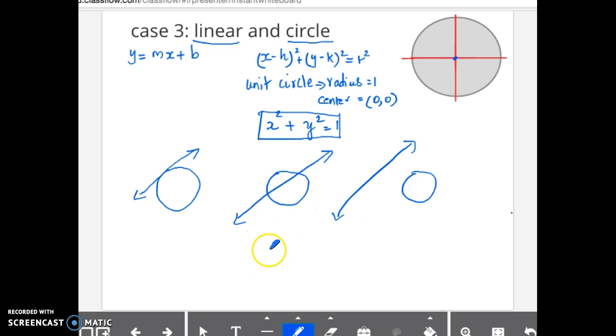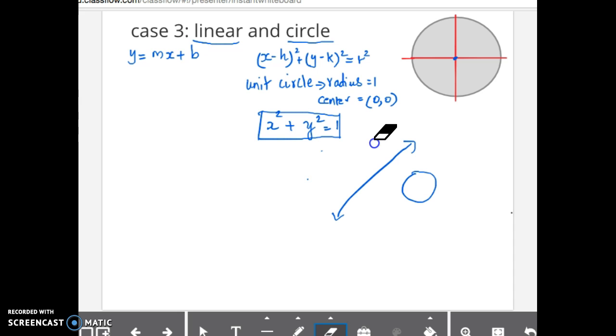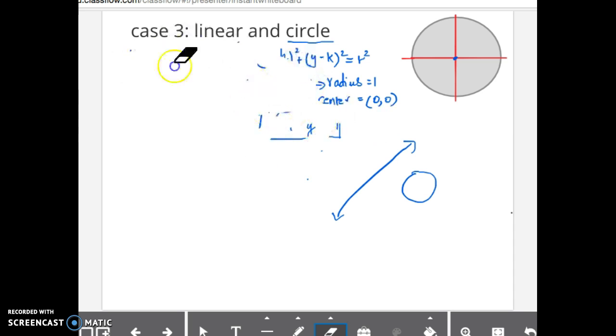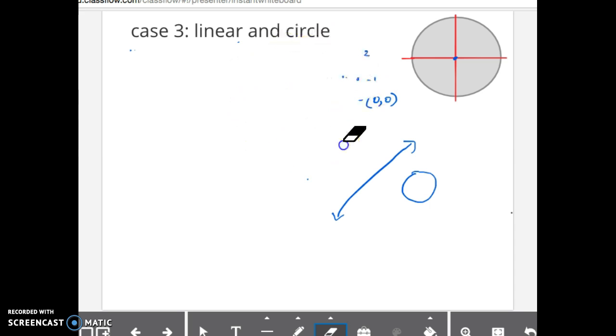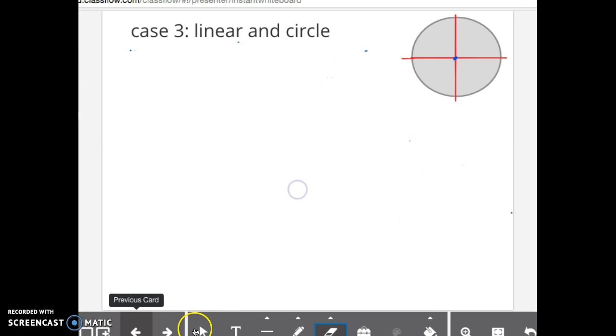Now to give you an example of a circle intersecting a line and how to solve it, let me give you a question. Let's consider a unit circle. A unit circle means, as we just discussed, the equation of a unit circle is x squared plus y squared is equal to 1. So consider a unit circle,